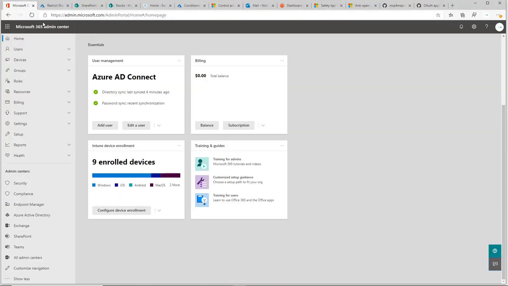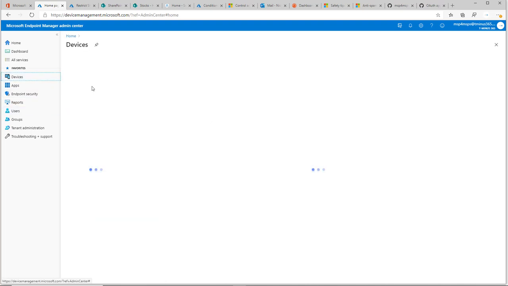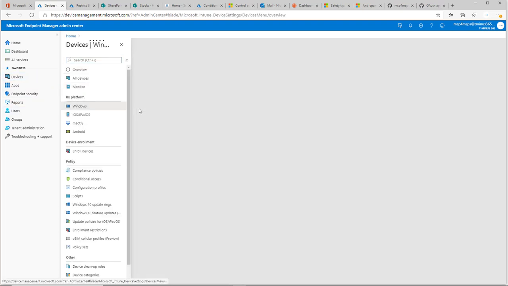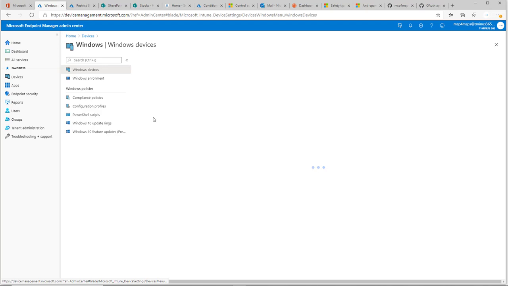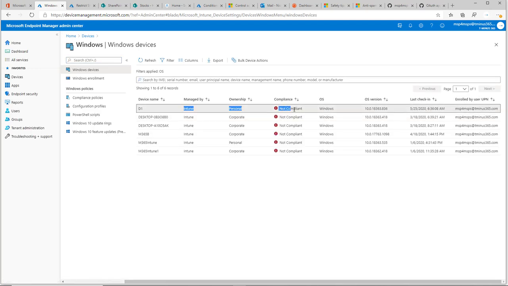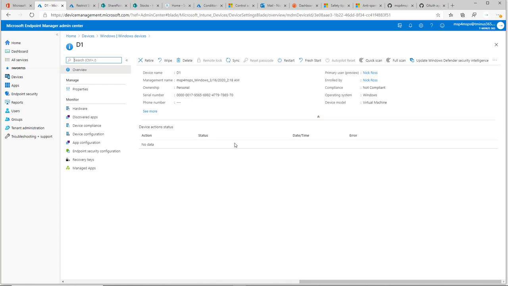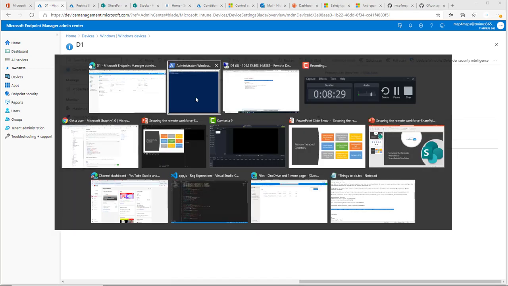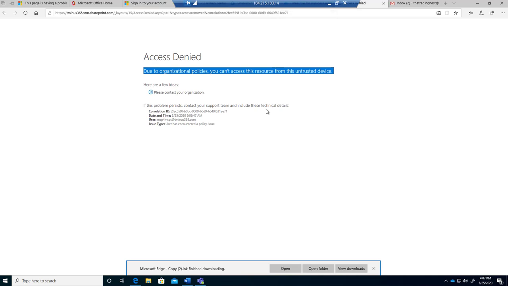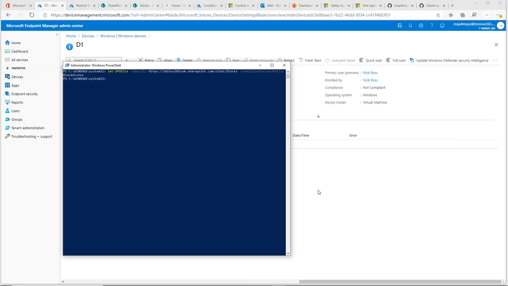And to take a look at that, if I go in here and I go to Endpoint Manager, I can come into the devices section, go to Windows devices. Just to show you guys, this is in a non-compliant state. This is the device that I'm on right now. It's in a non-compliant state, so we're not giving them access, or we're blocking access completely. Otherwise, if this was a personal device or a device that wasn't compliant, you could give them basic limited access